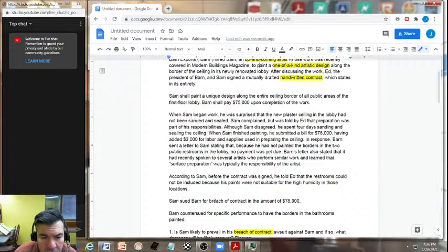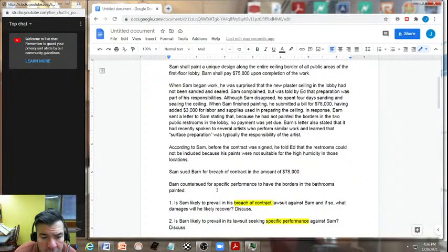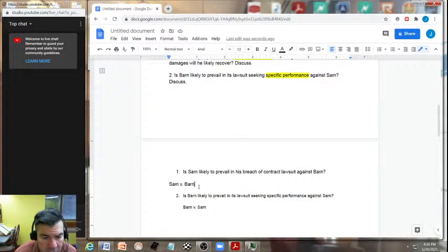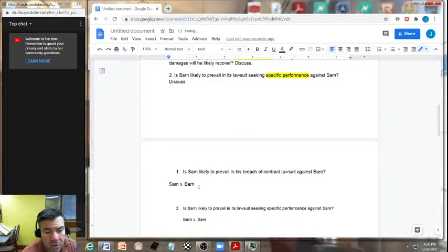Now, Sam sued Barn for breach of contract in the amount of $78,000. Barn countersued for specific performance to have the borders in the bathrooms painted. Okay, so let's get started here. What contract in terms of, remember, for number 1, Sam v. Barn. What is our applicable